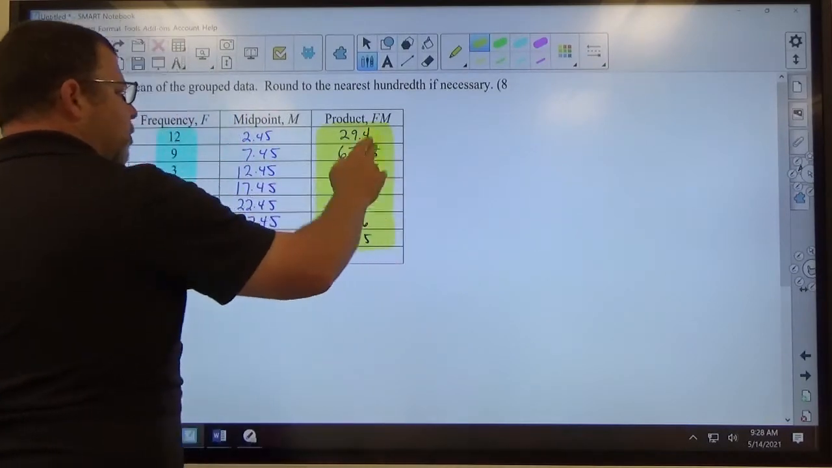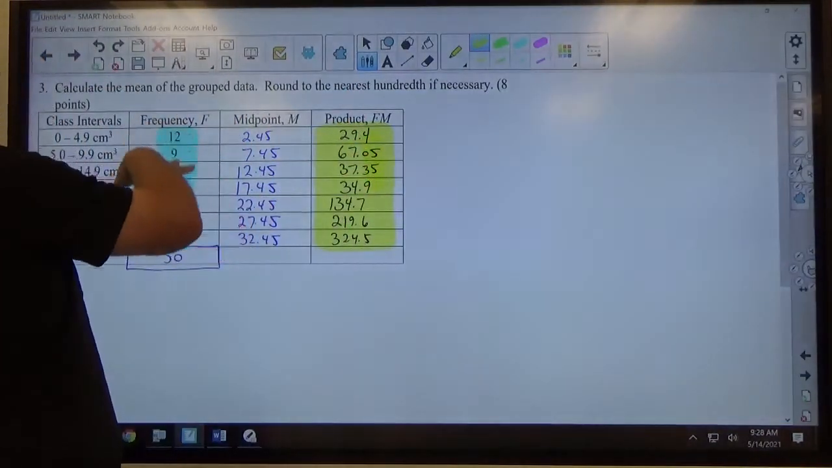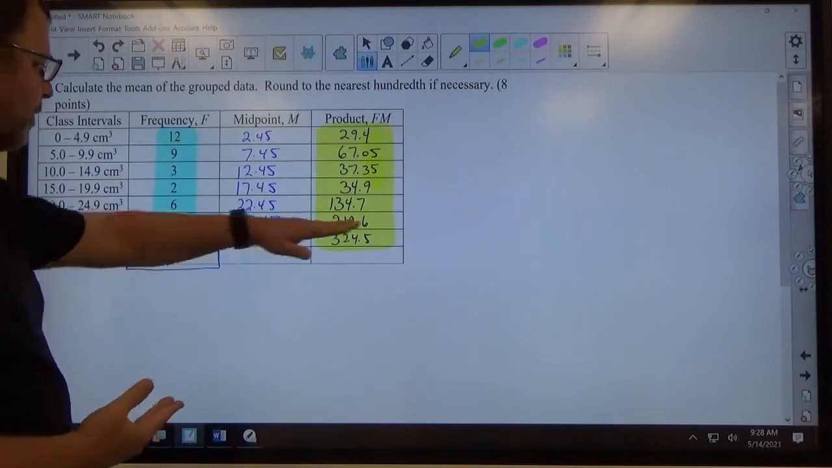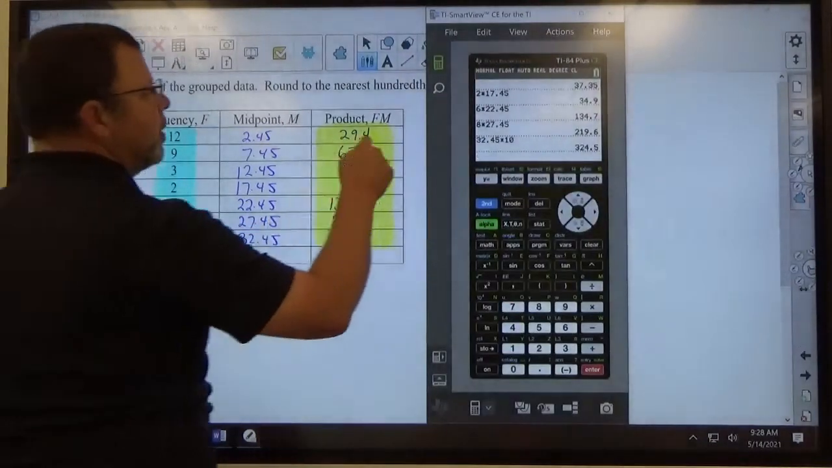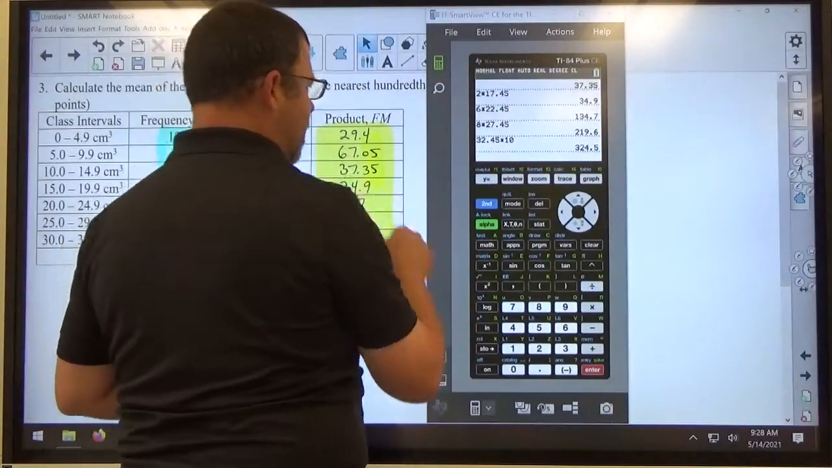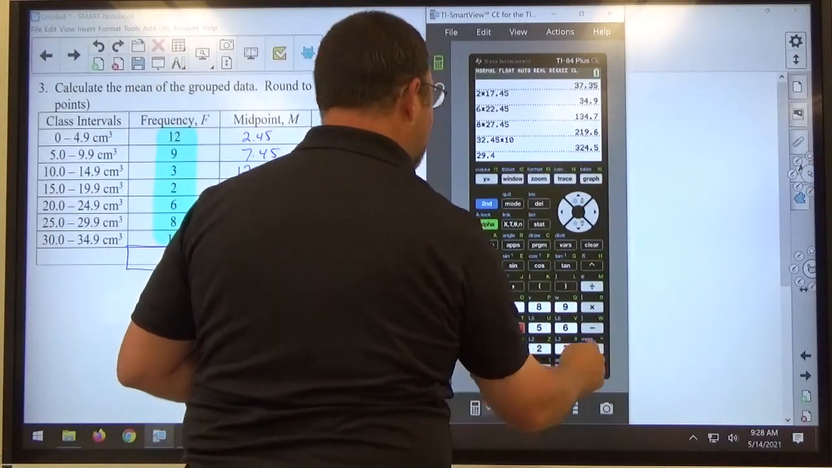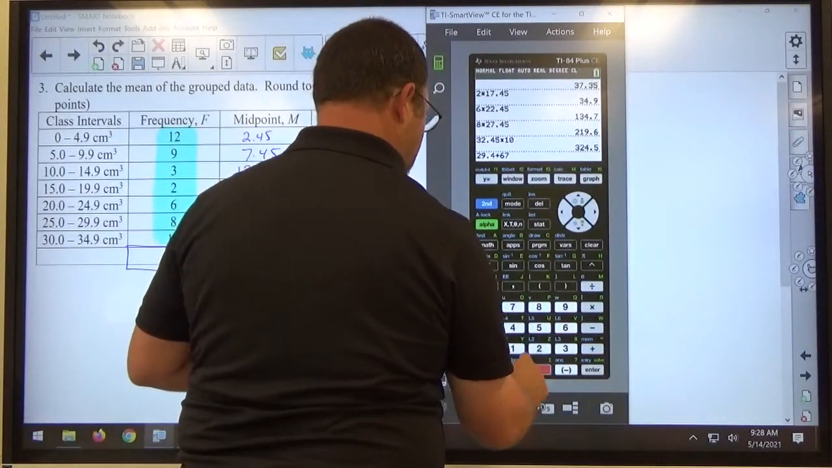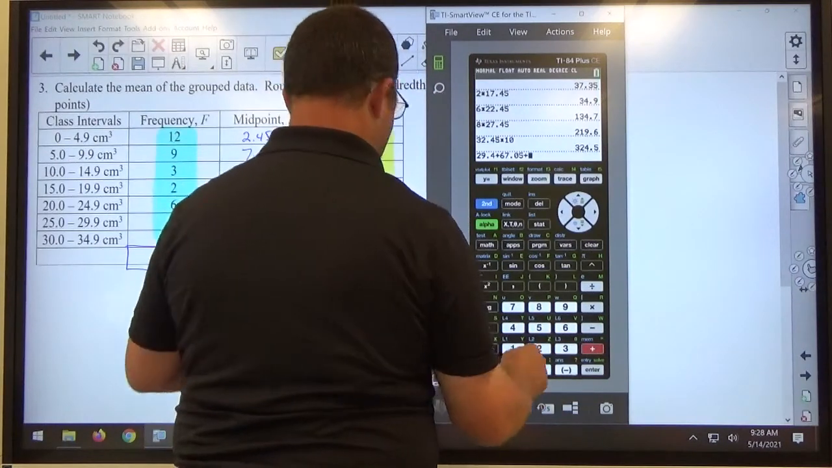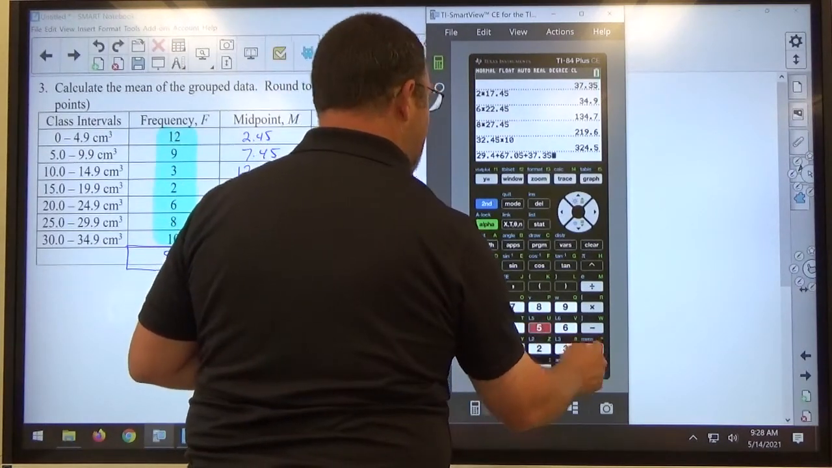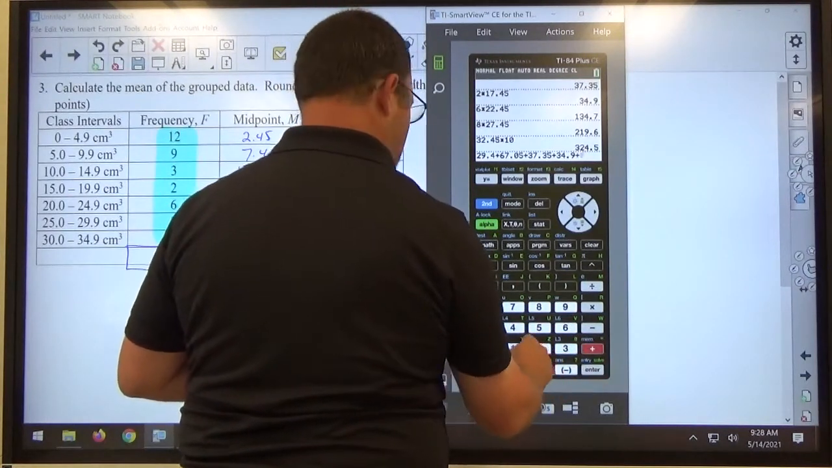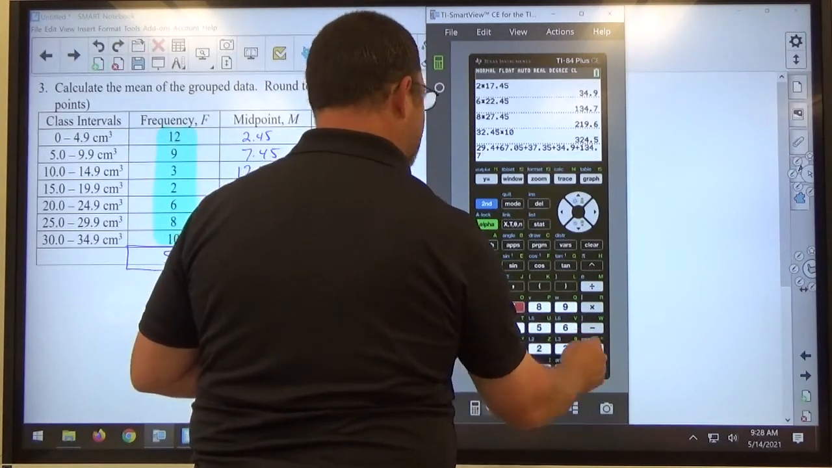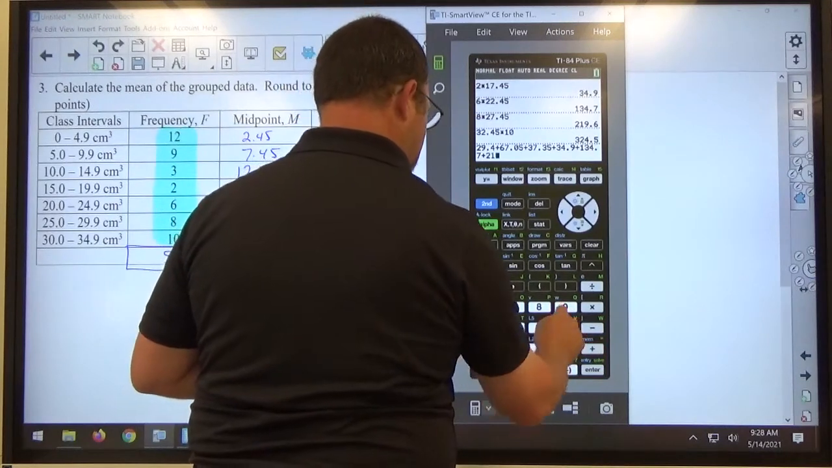The sum of these numbers represents the total sum. This is the total number of numbers, and that's what average is, sum divided by number of numbers. So this one's a little bit more challenging to add in my head, so I'm going to use the calculator. So 29.4 plus 67.05 plus 37.35 plus 34.9 plus 134.7 plus 219.6